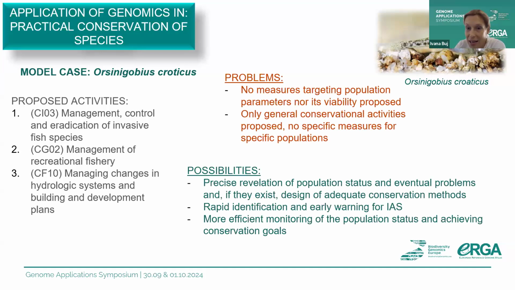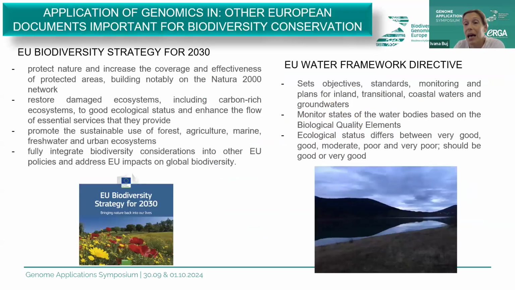Possibilities, again, are high, not only in preserving and designing efficient conservation measures for this and other species, but also, for example, for early detection of invasive alien species, and very nice tools for monitoring that are, again, not as exploited as they could be. I will just run through some other documentation,